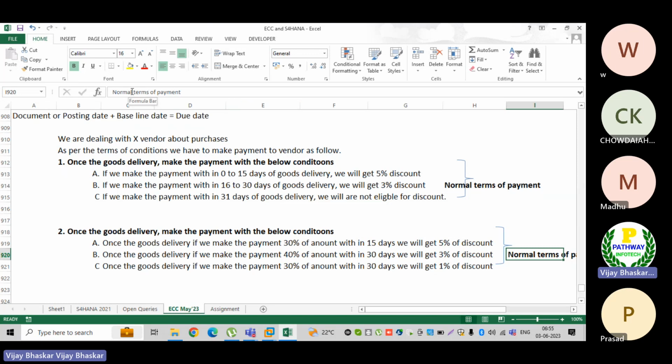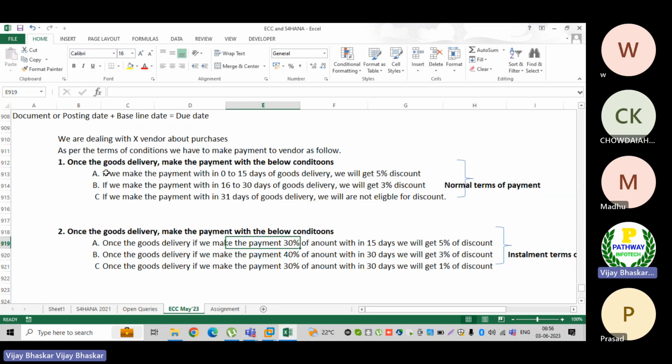This is not the normal terms of payment. This is the installment terms of payment. So you can see here 30%, 40%, 30%. The total will be 100% here.